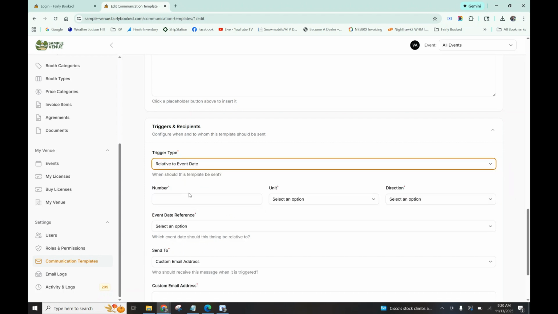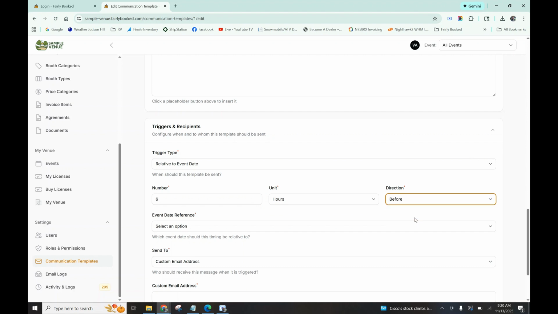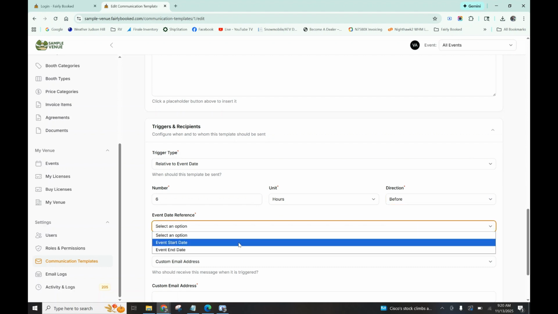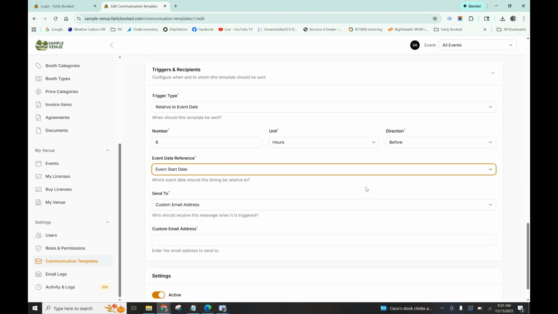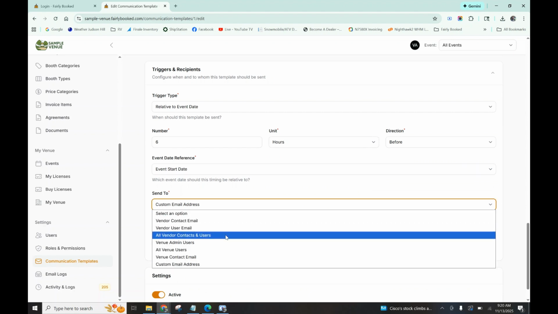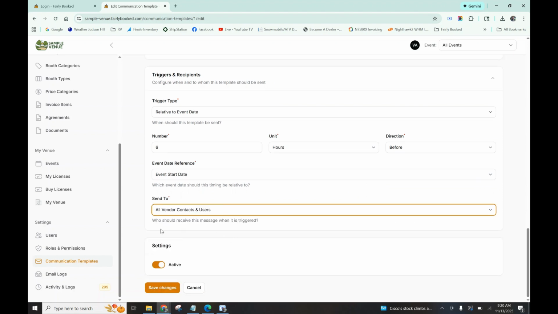You can also do event and time relative to event date. So you can say, I want this to send 6 hours before the event start date. So 6 hours before the event start, we're going to send an email or a text out to our vendors, all contacts, reminding them of their check-in time for the next day. And